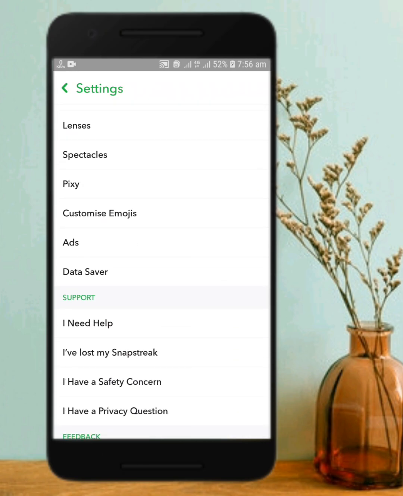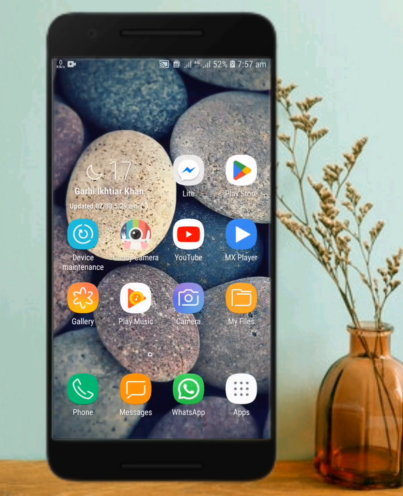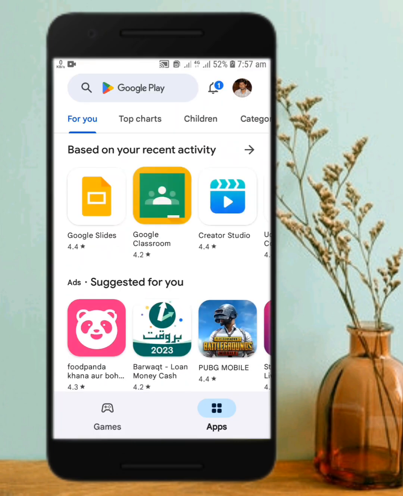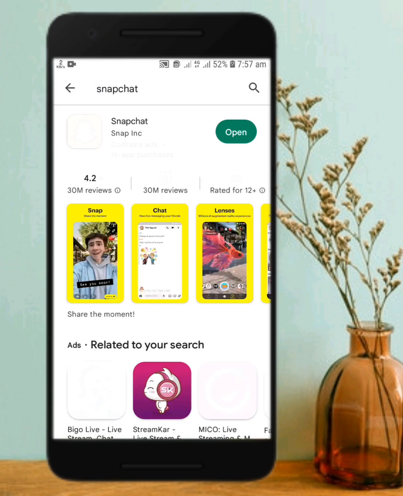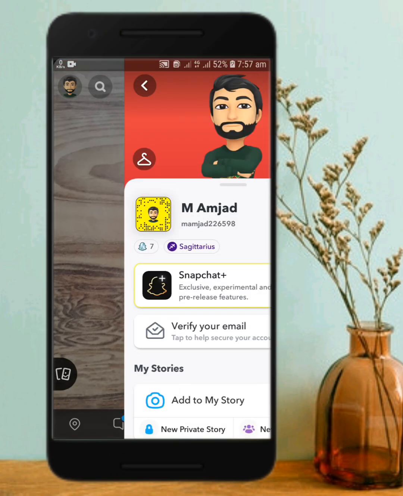Now if you want to solve that error, what you have to do is close the Snapchat. After that you have to look for the new update of Snapchat, because many problems and glitches are solved by the updated version of Snapchat. As I have updated Snapchat, my problem has been solved. After updating Snapchat, you have to open it and check whether the problem has been solved